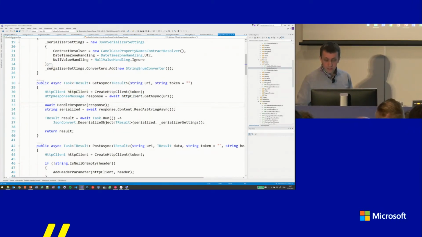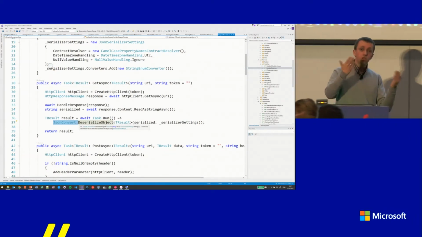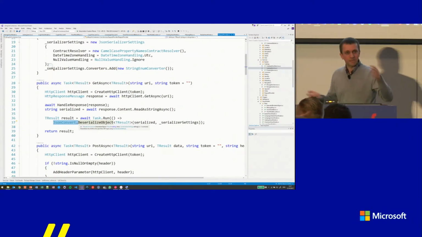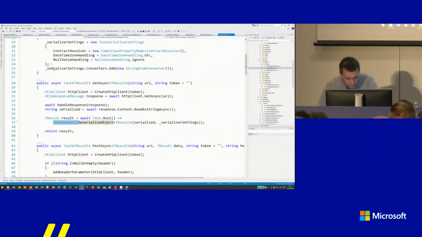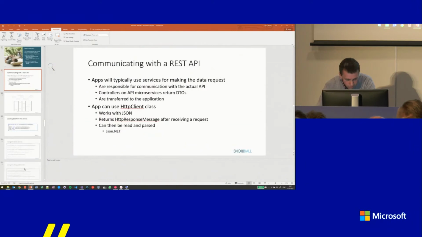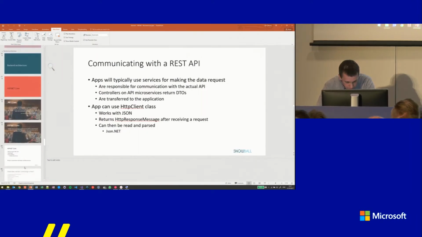When the response is coming in, we are going to read it out and parse it using JsonConvert, or using JSON.NET, into objects that are then returned to the view model, and that basically gives us a working Xamarin.Forms application. Now in the backend, and I only have 3 minutes, so I'm going to go a little bit over time, so I'm going to scroll through here. Now in the backend,